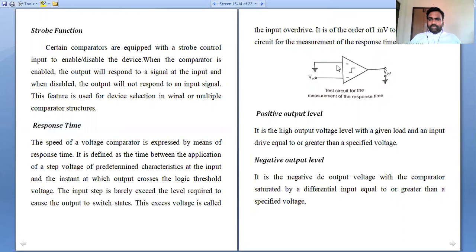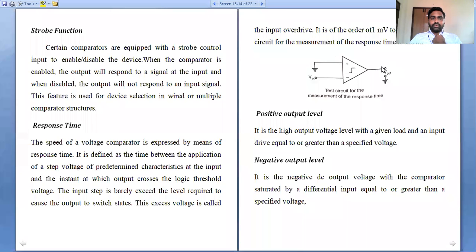This I got from Texas Instruments. This is the test circuit for calculating the actual response time of the comparator. The input voltage of this is nothing but a test specimen. Why I am saying test specimen: whatever input voltage we are testing for a comparator, at the instant of testing, if we give a particular input voltage to this test circuit, it will send an output.